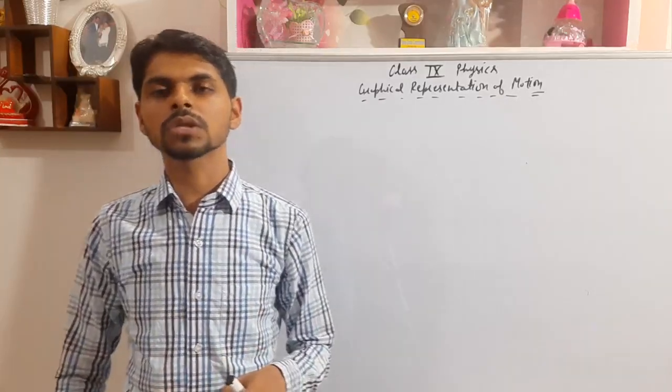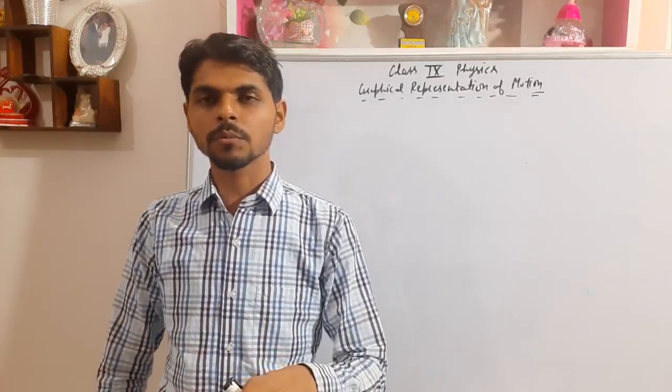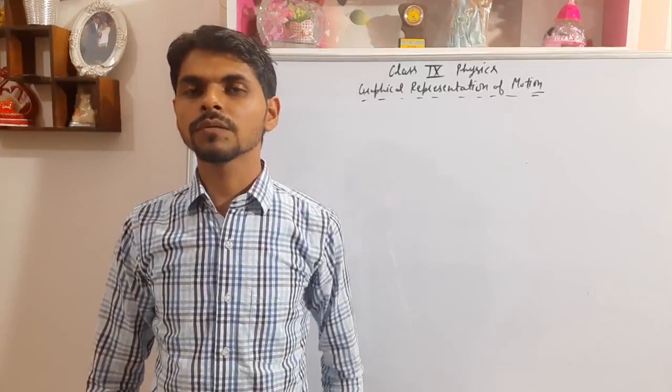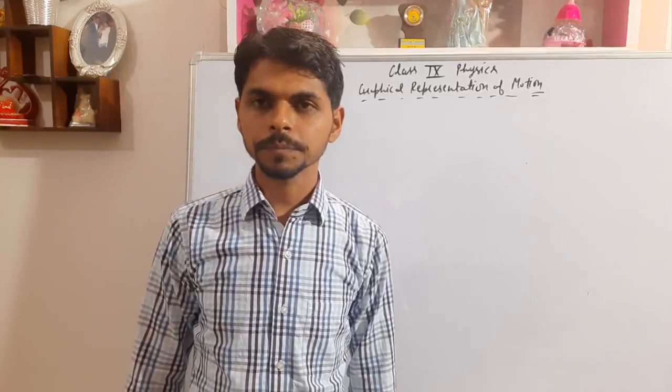तो सबसे अच्छा तरीका होता है किसी भी एक क्वांटिटी दूसरी क्वांटिटी से अगर चेंज हो रही है, जैसे डिस्टेंस टाइम के साथ चेंज हो रहा है मूविंग बॉडी का, रिप्रेजेंट करने का सबसे अच्छा तरीका है ग्राफ. सो नाउ टुडे वी आर गोइंग टू डिस्कस द ग्राफिकल रिप्रेजेंटेशन ऑफ मोशन.